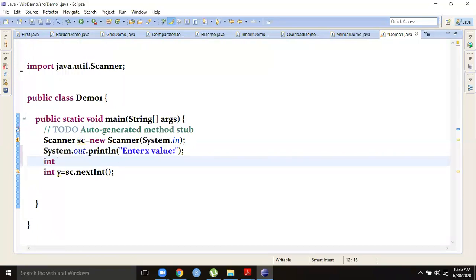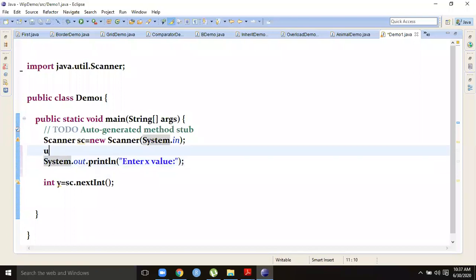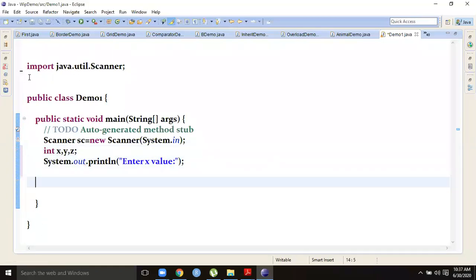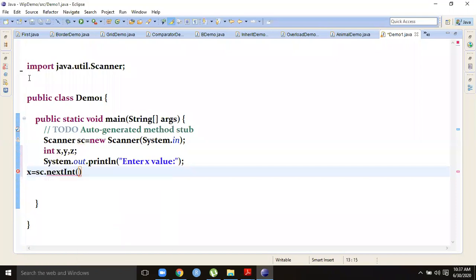You can declare int x, y, z here, or you can declare anywhere. Now x equal to sc dot next int, finished.